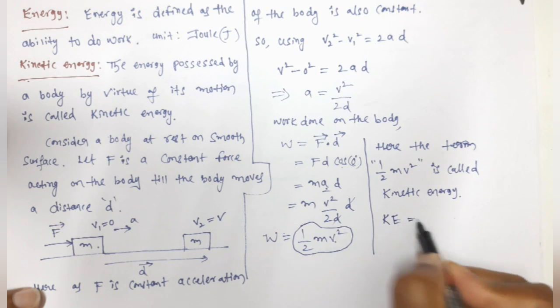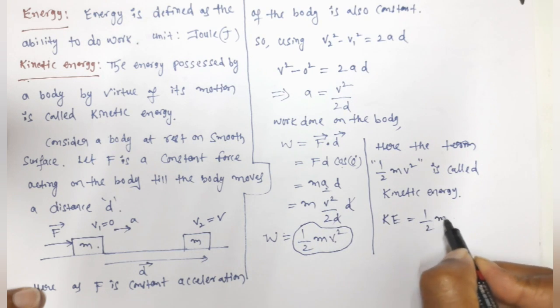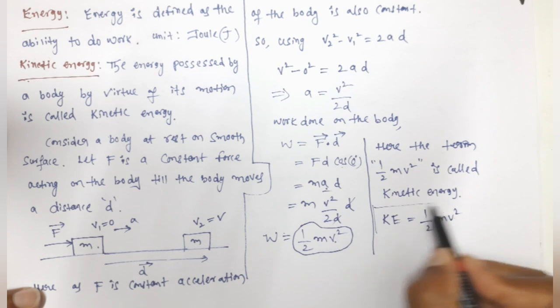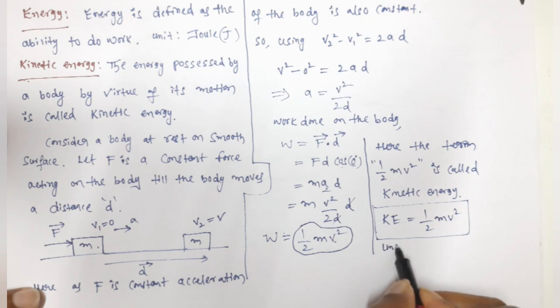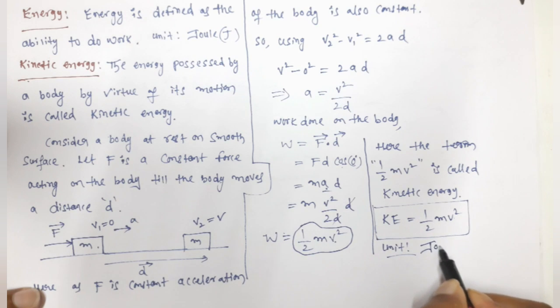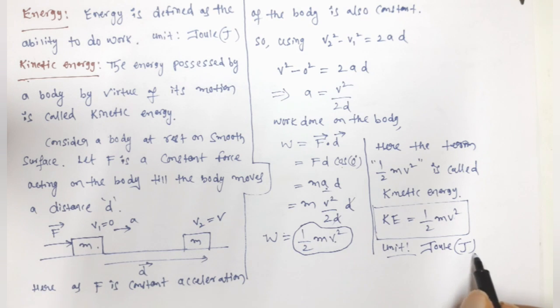So what is the general formula for kinetic energy, guys? Half m v square. If a body has mass m and moves with speed or velocity v, the formula is half m v square. What is the unit of kinetic energy? Remember, the unit of any energy is always joule, and we represent it with capital J. Joule is a scientist's name, that's why we use capital J. Whatever the energy may be, potential energy, kinetic energy, sound energy, light energy, energy always has the same unit, that is joule.